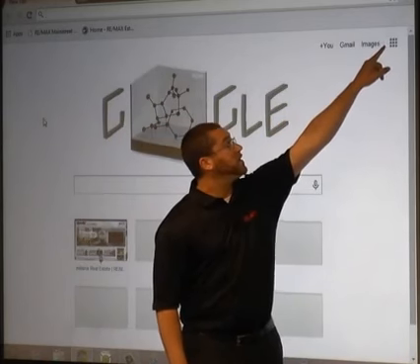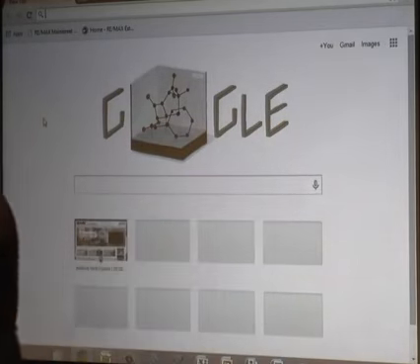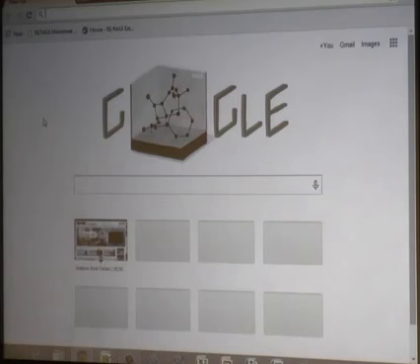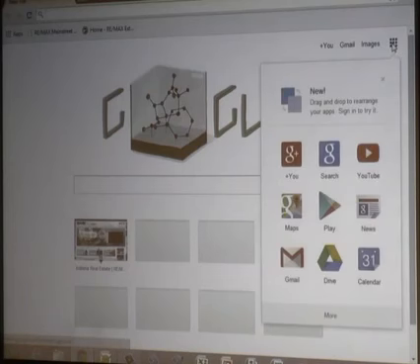But if you are in Chrome and you're not signed in to your Gmail account just yet, if you go to these assorted black squares, that is where you can find all of your apps that Google controls or owns. And YouTube is actually going to be found in that area. Okay, so we have Google Plus, Google Search, YouTube, Google Maps, Google Play, News, Gmail, Drive, Calendar. All that information is right in here because they are Google products. Okay, so if we click on YouTube